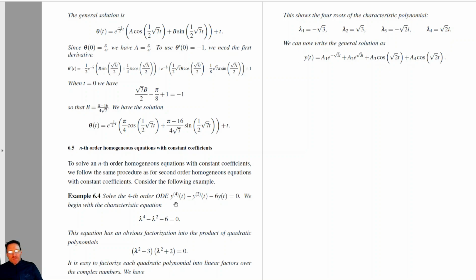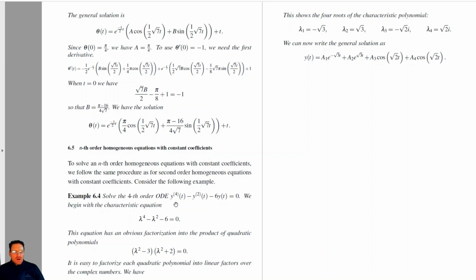So we have lambda plus root 3 times lambda minus root 3. And similarly, you can factorize lambda squared plus 2 provided you use complex numbers to do so. So you have lambda plus root 2i times lambda minus root 2i,